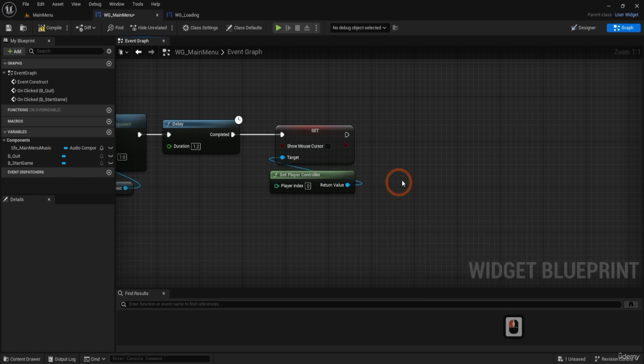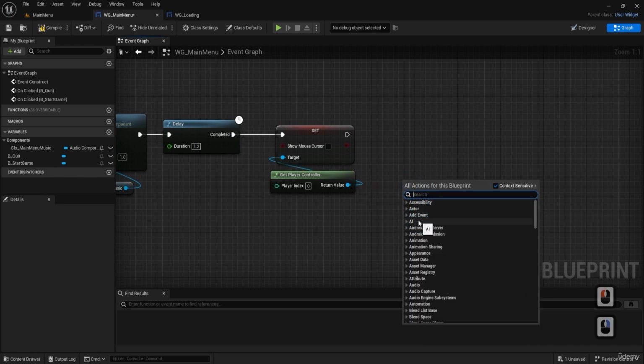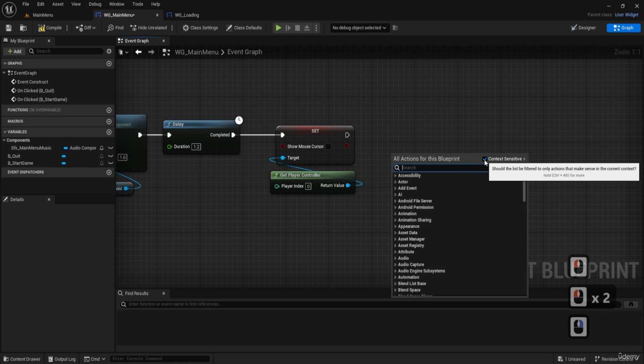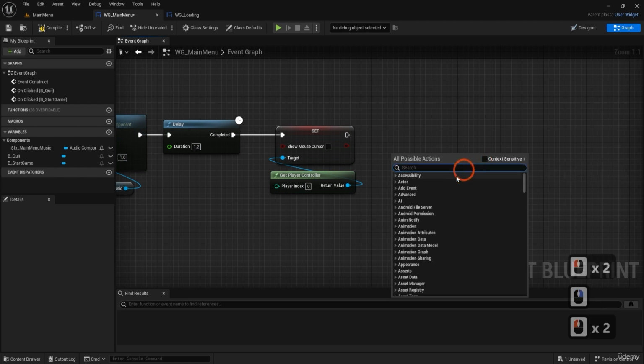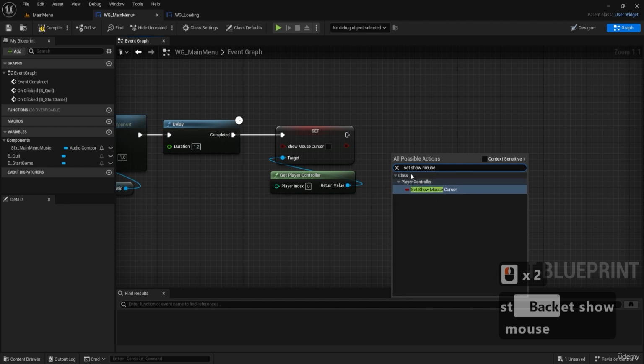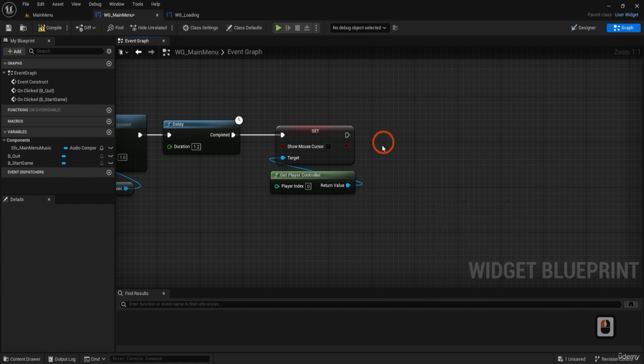This is the reason that this list is being populated by what is available from what you're dragging. Now, if you untick context sensitive, you can find everything. So if I put set show mouse, we can see that it belongs to player controller. Anyway,